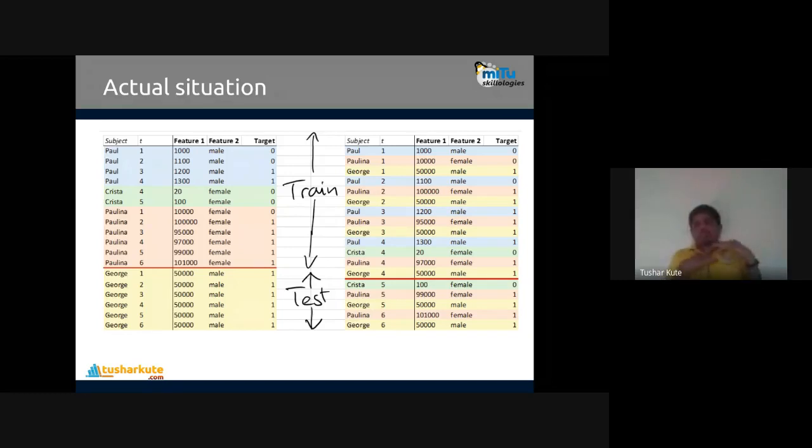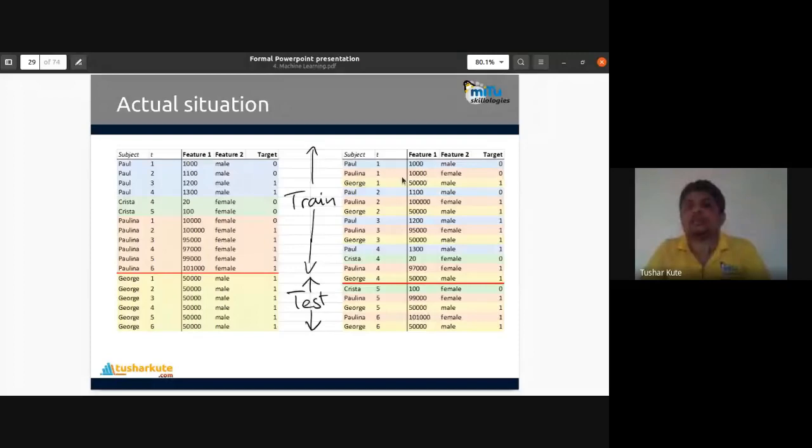Training builds the model, testing checks the accuracy. If you apply training data again, you may get good accuracy, but remember, that's not the way to do it. If there is a difference between training and testing, this is called the overfitting problem. The algorithm works perfectly on training, but testing does not have good accuracy, so the data set is not perfectly created. Training is to build the model, and testing applies unknown values to find the result. If it works perfectly on unknown values, only then is the algorithm working correctly. That's why training data is not used for prediction. Remember that. Fine. If there are any other questions, you can just ask.